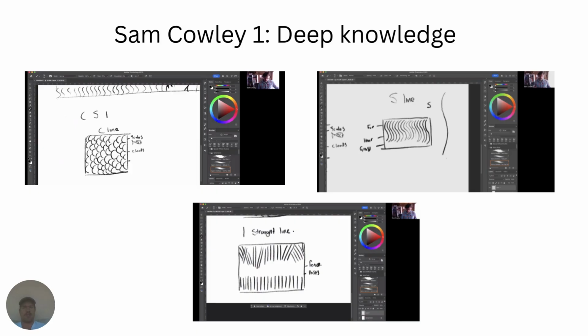The introduction of those C, S, and I lines was good metalanguage, and I think you explained that really well. It gave students a clear, manageable framework to understand the drawing rather than overwhelming them with heaps of different techniques. You really just stuck to those three things that you look at, the C, S, and I lines, and then you incorporated that throughout, which showed really good deep knowledge. I saw some slides there of those different lines, and I thought you used them really effectively and continued to refer back to them throughout the lesson.